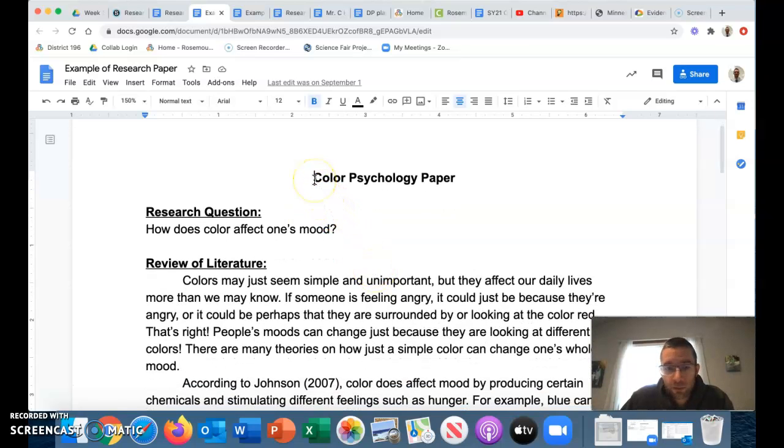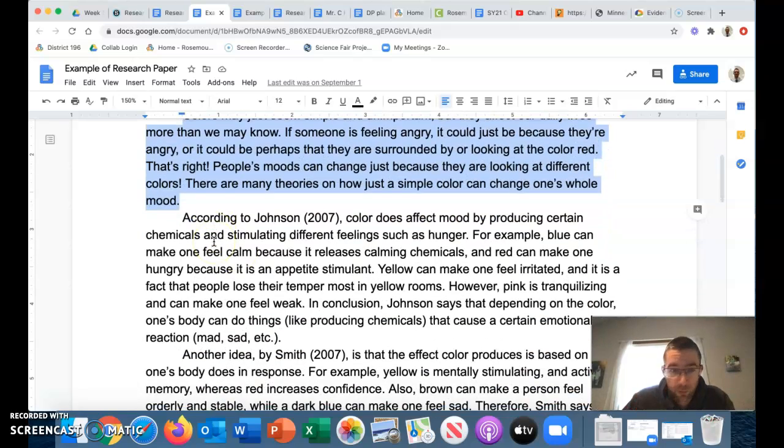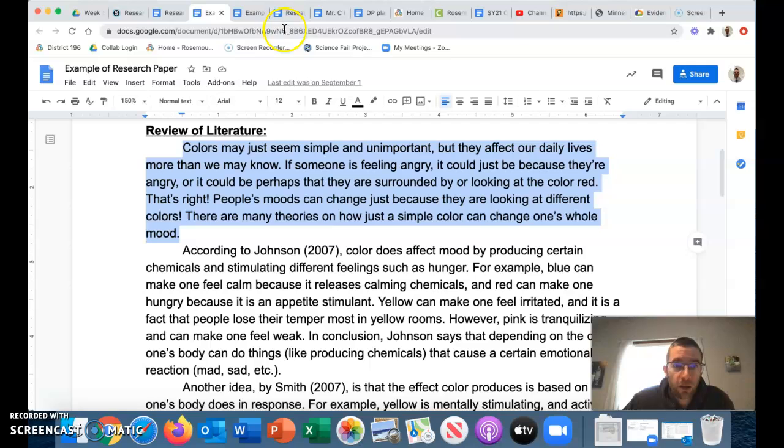So, up here at the top, you're going to write something like poverty paper or ocean pollution paper or whatever the case is. And then make sure you've got these headers. They're bolded, they're underlined. Follow the format exactly, please. And then you just type in right from your scaffold your research question. Okay. Then you go into the literature review, but the first paragraph is the hook. Okay. I just want to be very clear. You put the title, Review of Literature. Here's your hook, and then the second paragraph and the following paragraphs of that literature review are